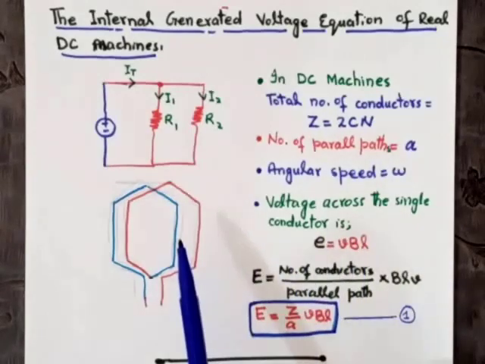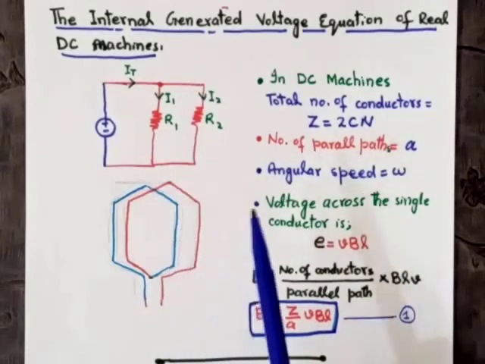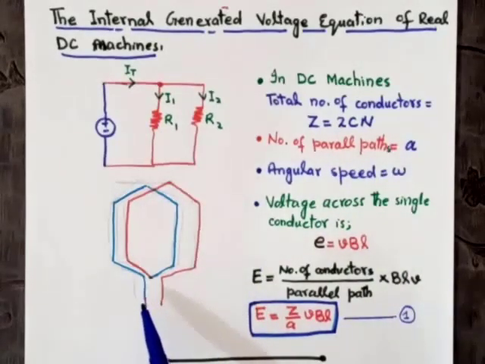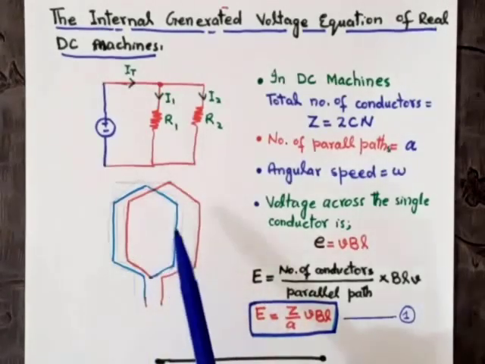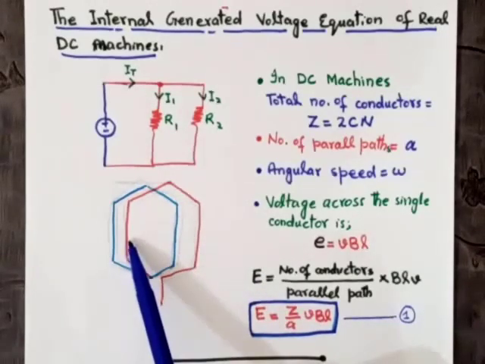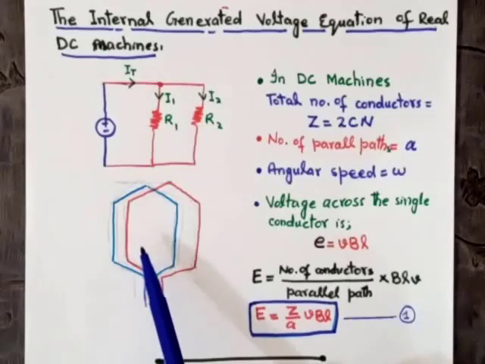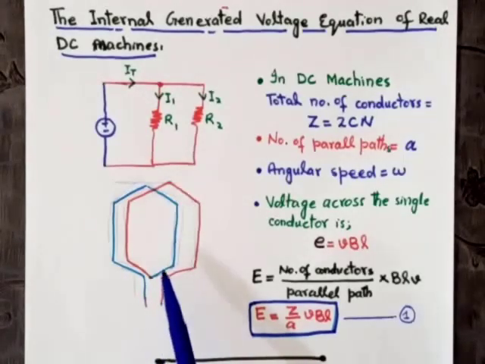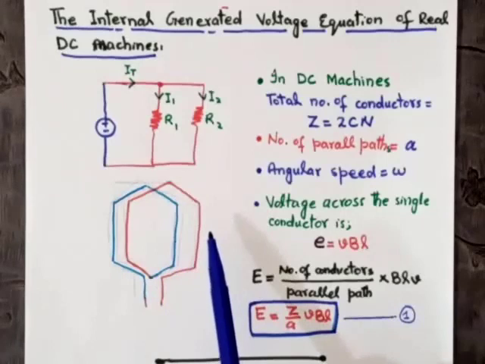In the case of a single loop, the number of turns can be 2, 3, 4, 5, 6, 700, 1000. As you can see in this figure, this is a single coil. This is the starting point and this is the ending point. In each coil there is a single starting point and a single ending point. Here there are two turns. This is turn number 1 and this is turn number 2. It means here the value of C is 1 and the number of turns is 2.